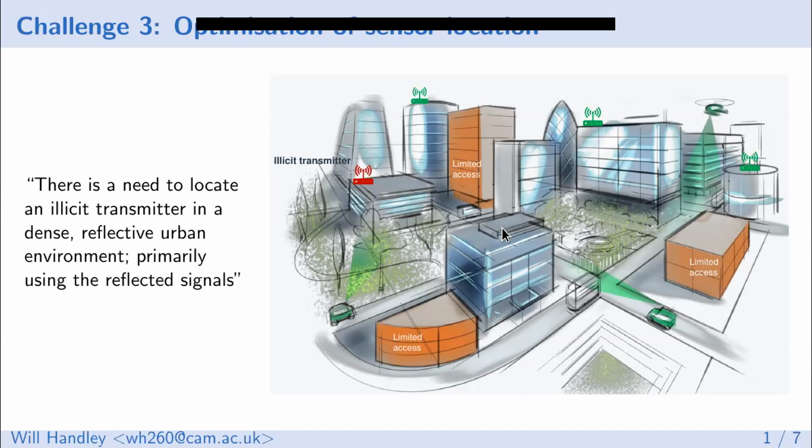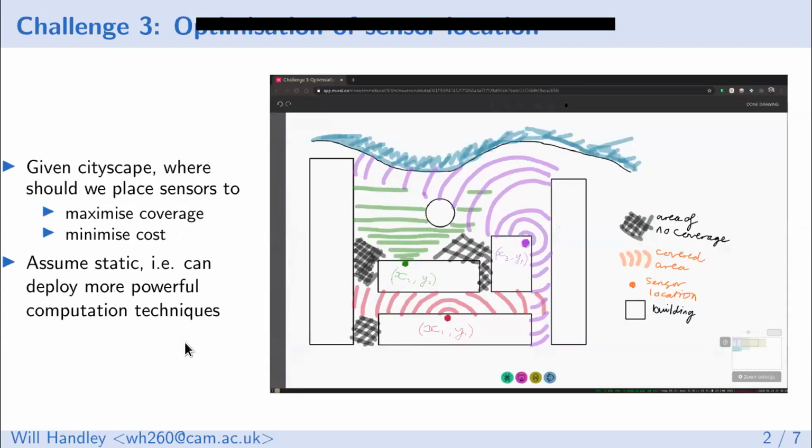Maybe using reflected signals, maybe using direct signals, but in general you have some complicated model. So we initially started with a very rough sketch, and with a few prompts from DSTL, it was established that whilst there was an element to solving this where you had dynamically moving sensors in the urban environment, a good start was to begin by assuming it's static, i.e. you want to solve for the best placement, and if you can solve that fast enough, you could then adapt it to be a dynamic thing.